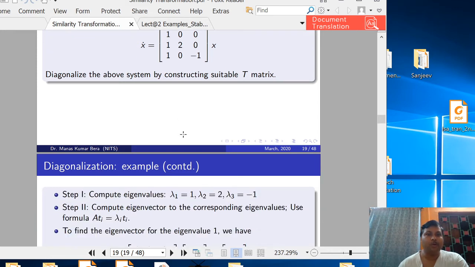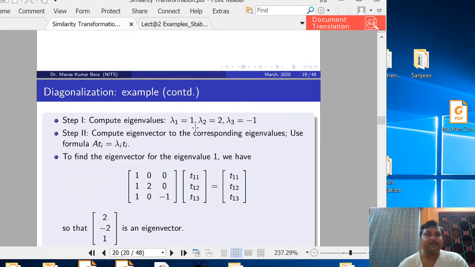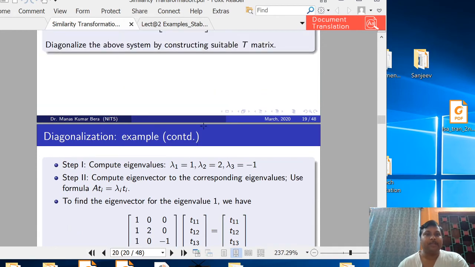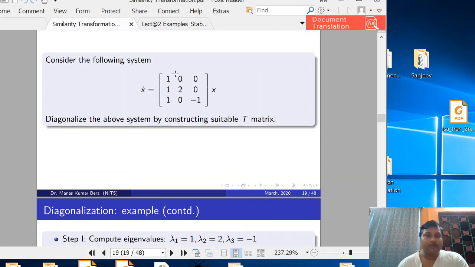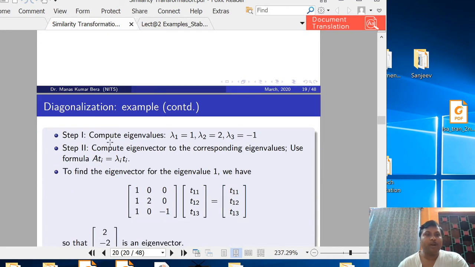So now what we'll do, we will go step by step. So first step is that we will calculate the eigenvalues, because if we want to diagonalize it, the condition is that all the eigenvalues must be real and they will be distinct. Okay, so step 1, compute eigenvalues. So here eigenvalues we are finding are 1, 2 and minus 1. Okay, once the eigenvalues have been computed,